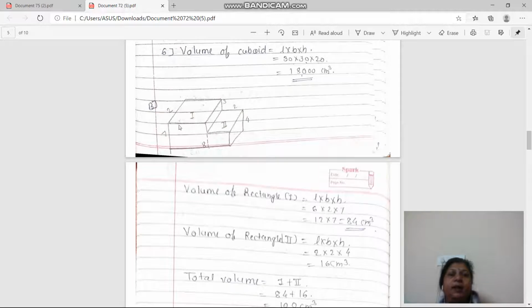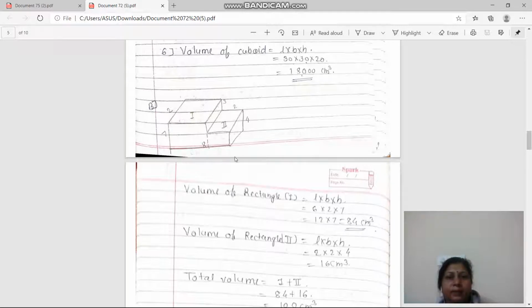See here, if such a type of figure is there in the exam, you have to split up this figure into cubes or cuboids. So here we have split it up into two cuboids, cuboid 1 and cuboid 2. So volume of the first cuboid is equal to length into breadth into height. That is, see here,